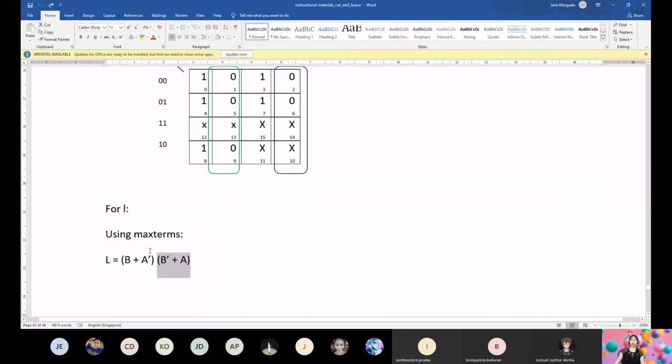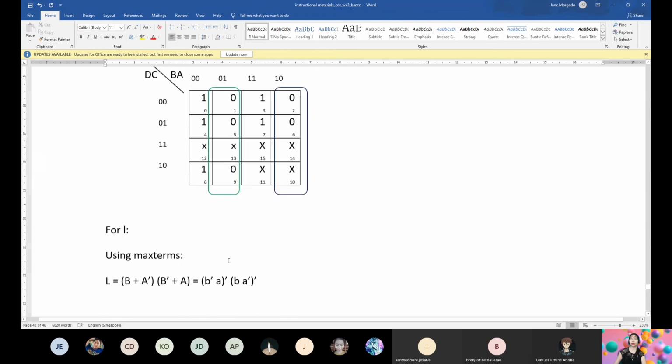So for L, we may use De Morgan's theorem. Okay, so paano ba yung De Morgan's theorem? So we have B prime A. Okay, pero ilabas natin. Tama ba? And then we have B. Okay, then A prime. Okay, so ilabas natin to. Ayan. Ano ba to? So, ayan, pwede naman yan. And then